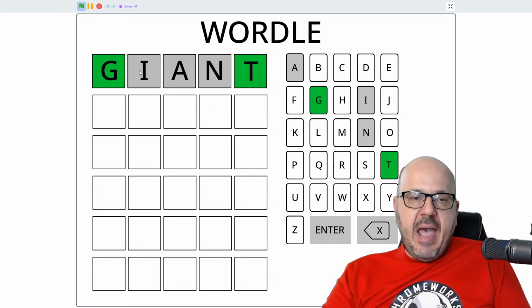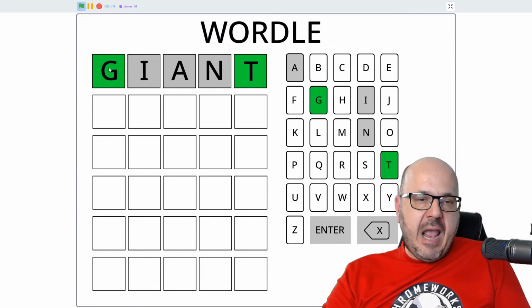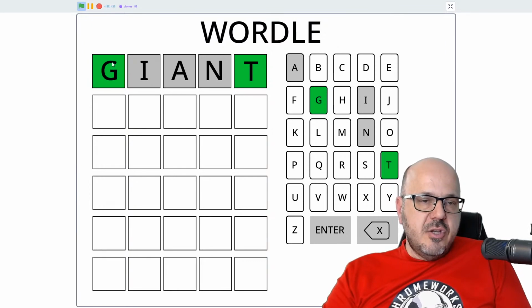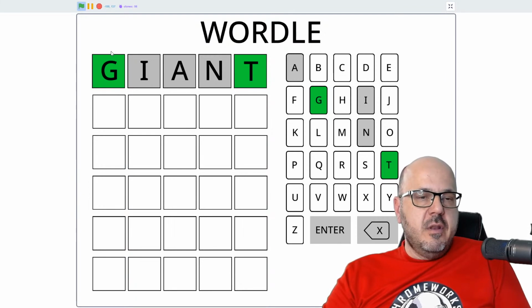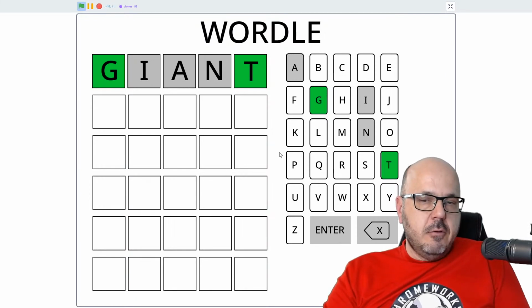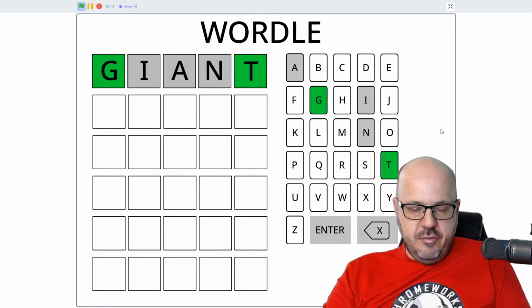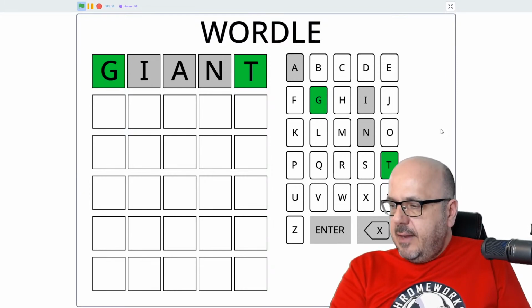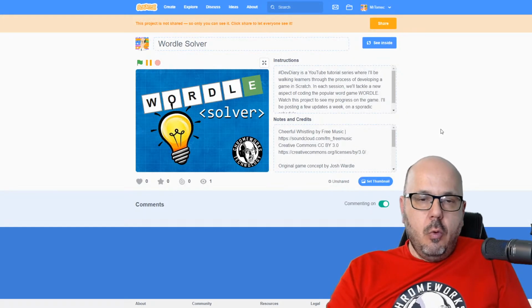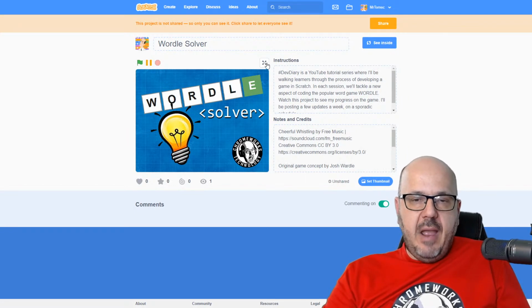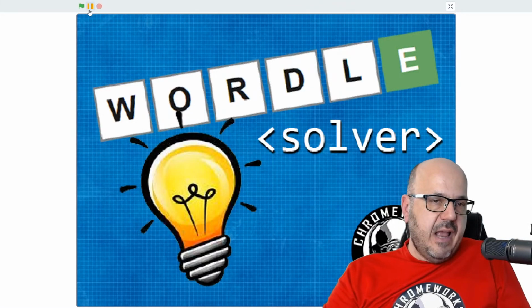But as I did that and started figuring out the logic of how to search through the list for words that start with the letter G, for example, and filter that out, it got me thinking that there's probably ways that I can further manipulate this engine that I've created here and use it to do a cheater program for Scrabble. Now, this isn't quite done yet, but I am working on a Wordle solver project here that I haven't released to the public yet, and it's not quite done, but